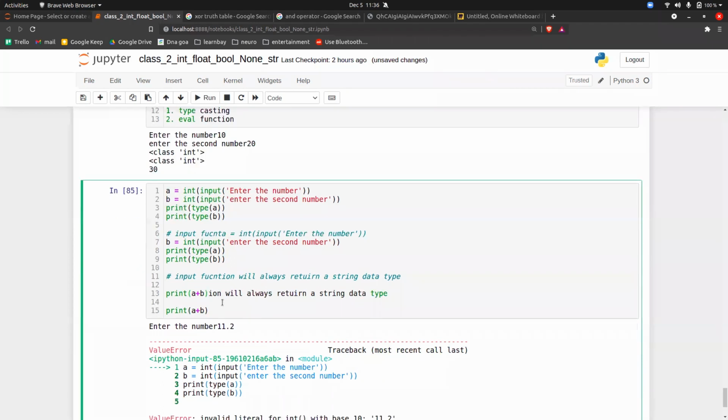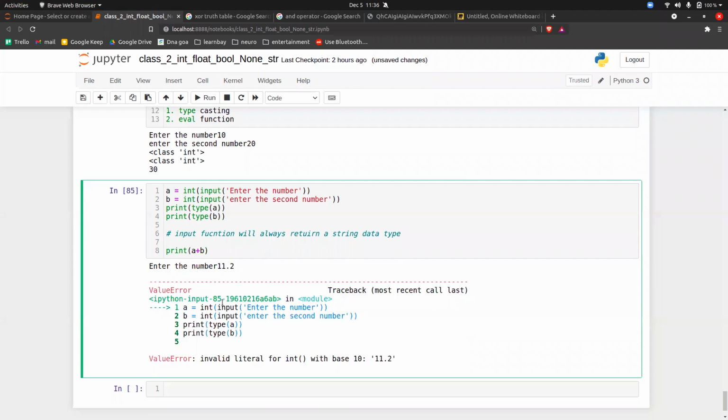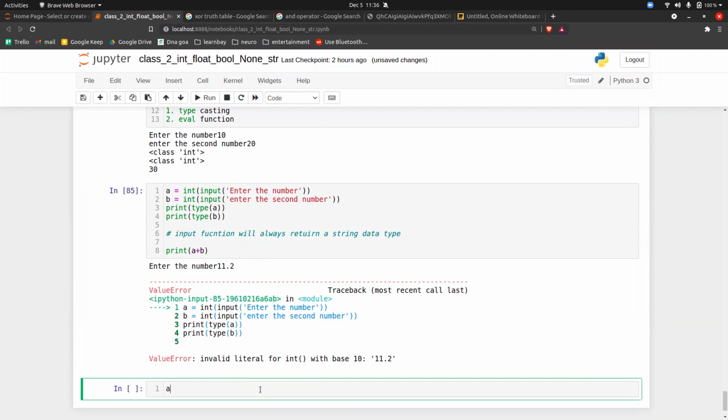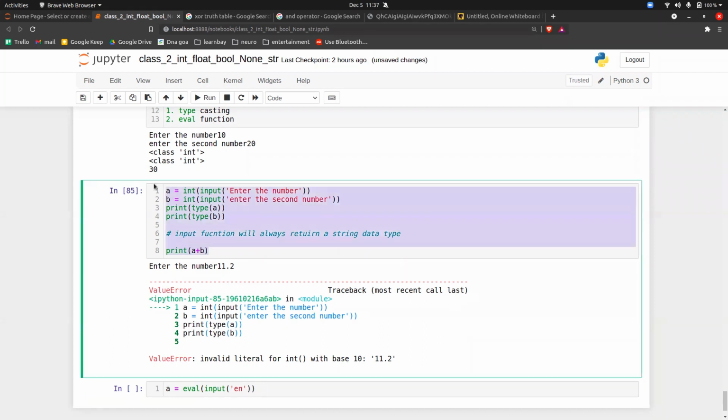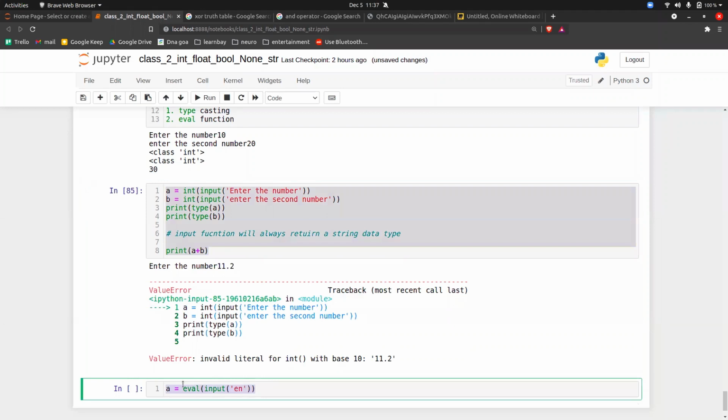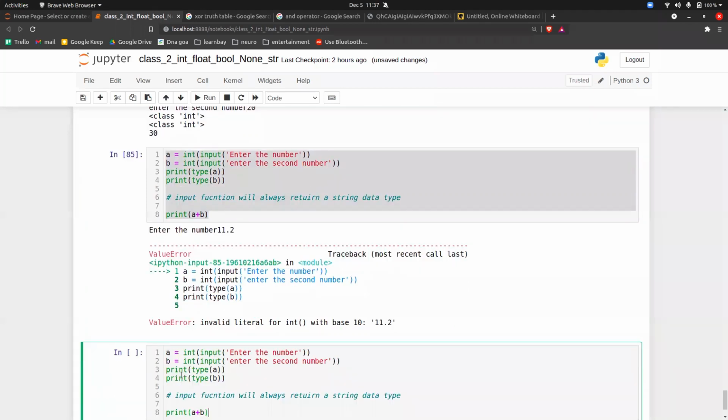So it is one solution, but not a perfect solution. That's why we have a second function also, the eval function. So a is equal to eval, and inside this write input of enter the number. I will copy this, paste it here, and write eval.